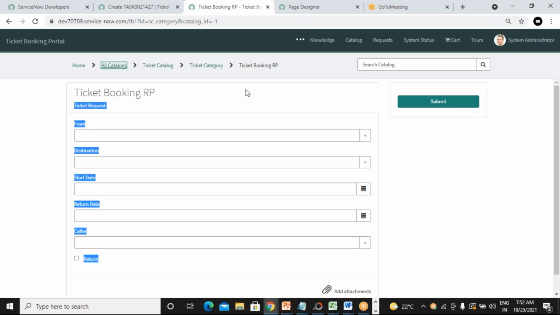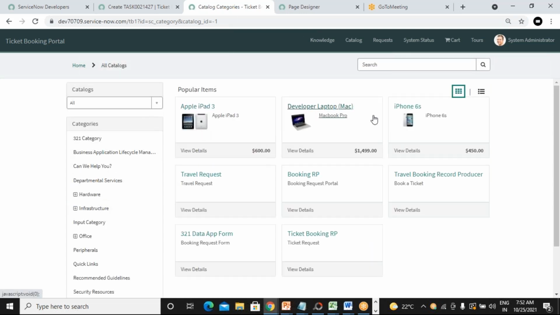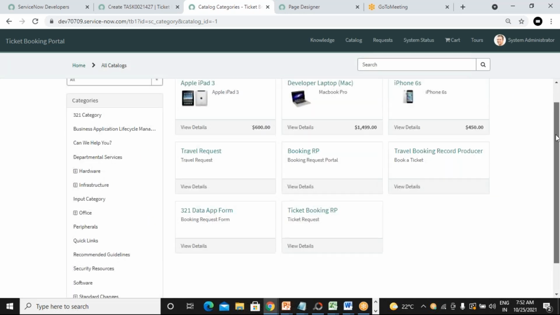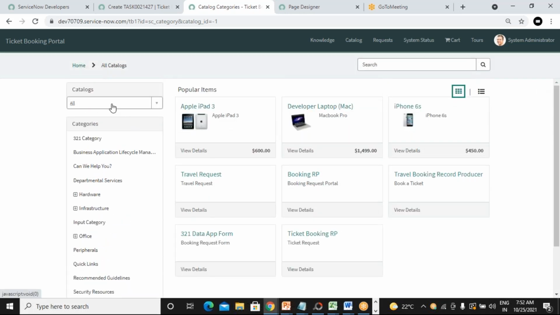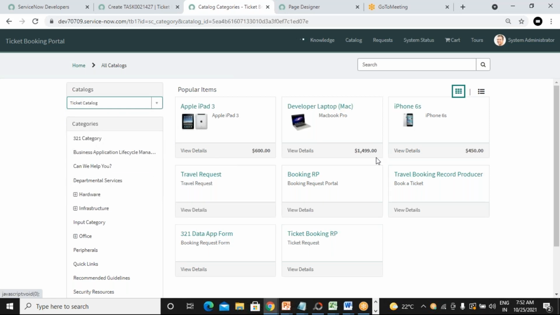If you go to the default service portal, you will see the same here. If you go to all categories, it takes you to this page, and here you can see all these are catalog items. You can filter by ticket category, ticket catalog.